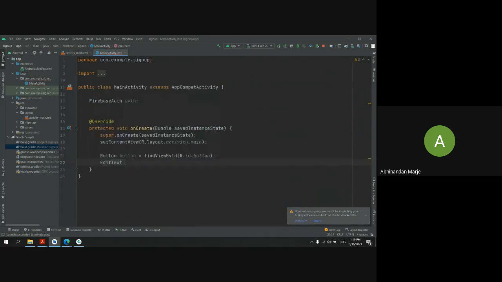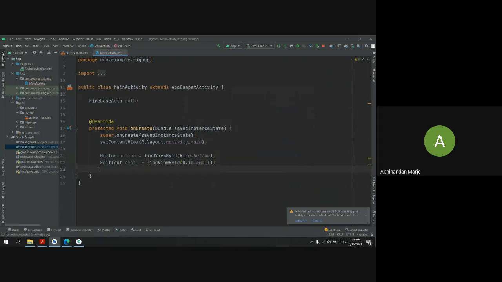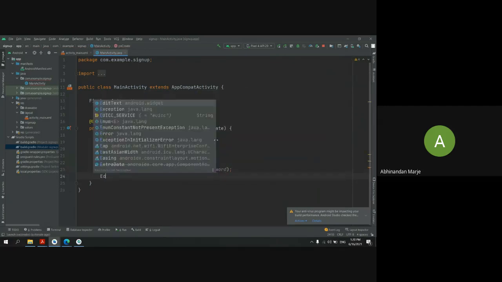Edit text, email, password. Another one should come.